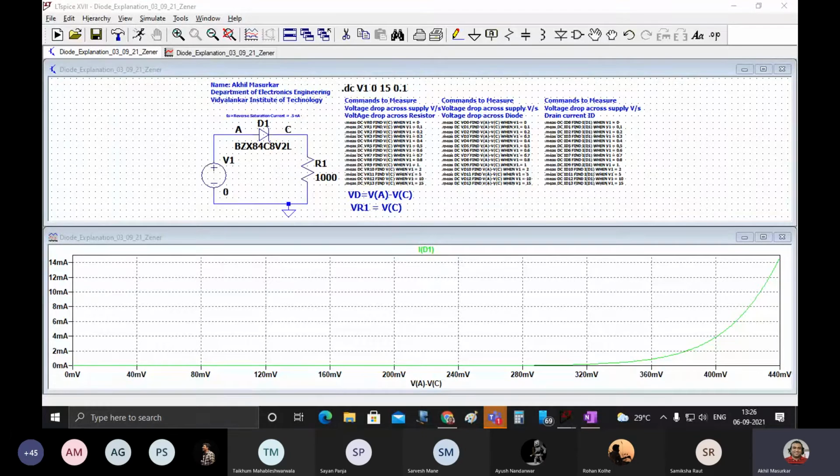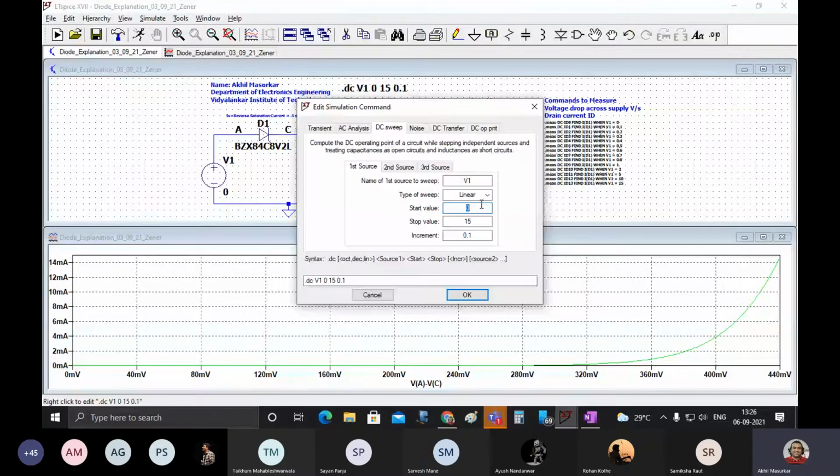Now let's see when Janvi has done the circuit correctly. Janvi, have you put your characteristics also? I can't see your characteristics. So you have to plot VA minus VC on X. Now I want to see the reverse characteristics also, because I know one thing, that for this diode, the reverse